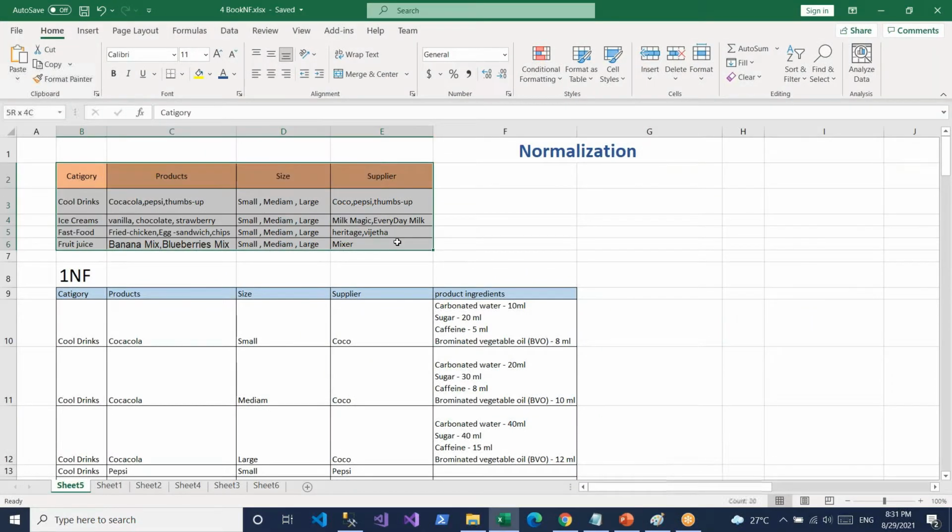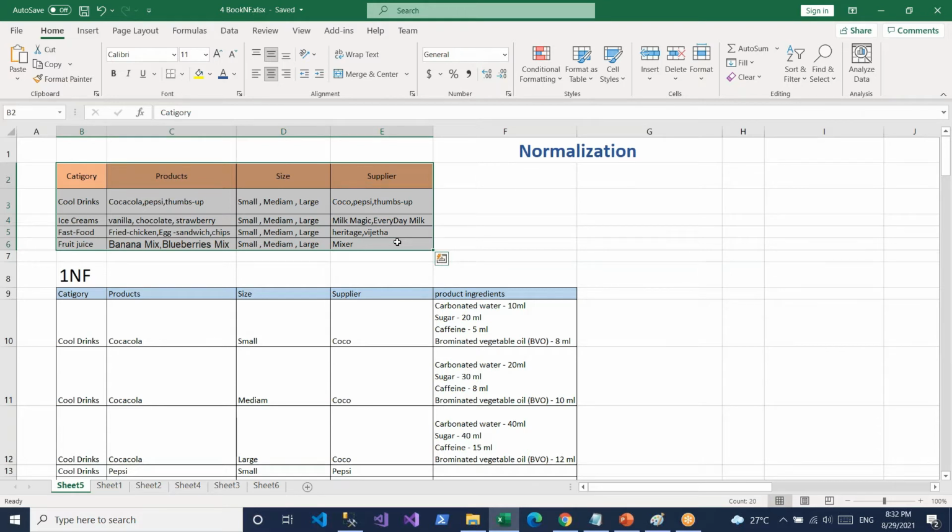This is the raw data. For example, in real time, I'm opening a food court and I need to keep some products in it. So I plan to keep cool drinks, ice creams, fast food, and fruit juice. Those are the 4 categories I chose.